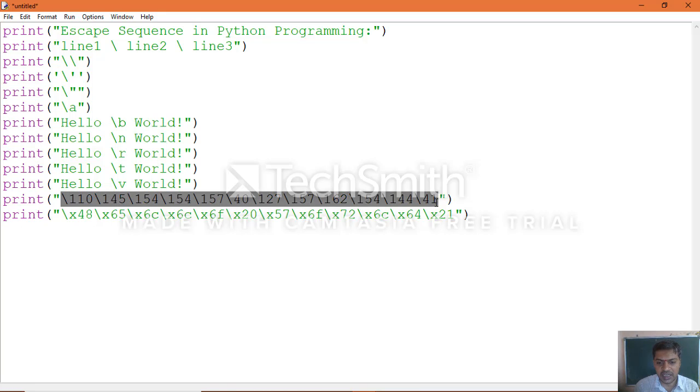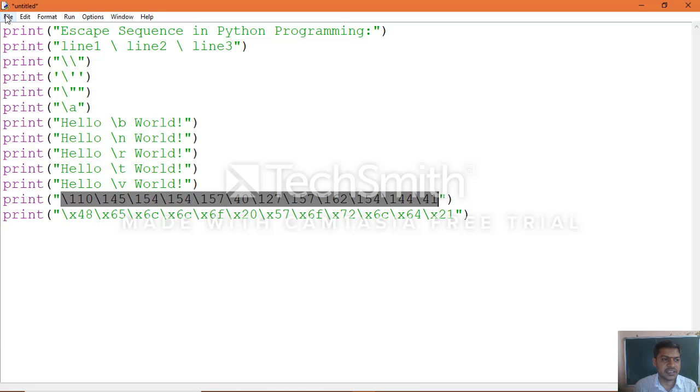So each character has an octal value, h octal value, e like that. This complete value represents hello world, h e l l o, space, w o r l d, and the exclamation mark, which you can see clearly.